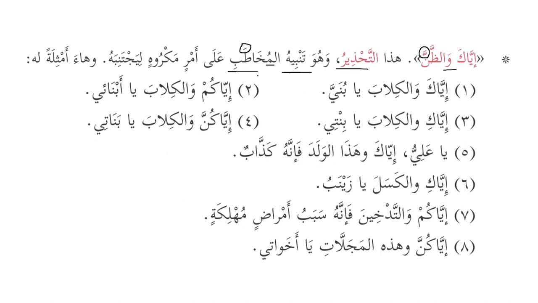So this is basically drawing the attention or notifying the person about an action, makruhin, that is hated. Kariha yakrahu fahuwa karihun. So karihun is ismul fa'il and makruhun is ismul maf'ul. So makruhun, something that is hated or something that is detested. So an action that is unliked or that is hated, liyajtanibahu, to avoid it. So basically, it's a warning that is given to the person to prevent him or to save him from something bad happening to that person.